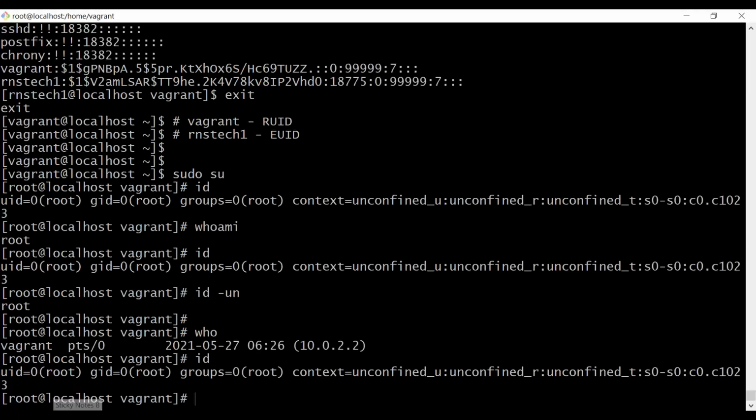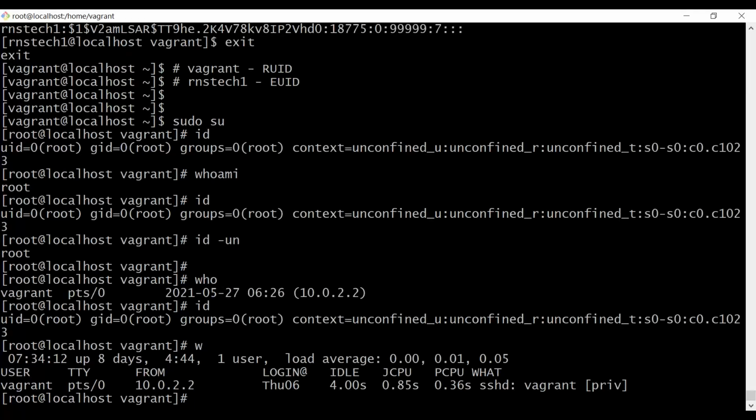And last but not least, if you'd like to know all the currently logged in users, we can use w also. It is going to give more information. Who gives just the user information, the user, which device file he is accessing, and at what time he logged in. But w, if you just run it, gives the uptime, when the system was up, how many users are currently logged in, and what is the load average of the system,